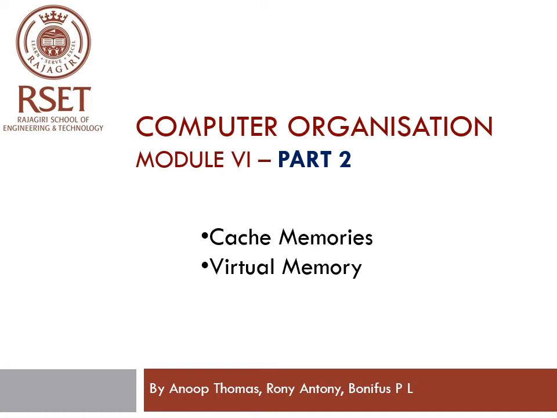In part 1 of the 6th module, we started with cache memories. We saw different terminologies related to cache memories, and we started with the different types of mapping, and we saw the direct map cache in part 1. What you saw in the direct map cache memory was that a particular set is going to have a single block. Now we will see the remaining two kinds of mapping methods, the n-way set associative as well as fully associative cache memories.